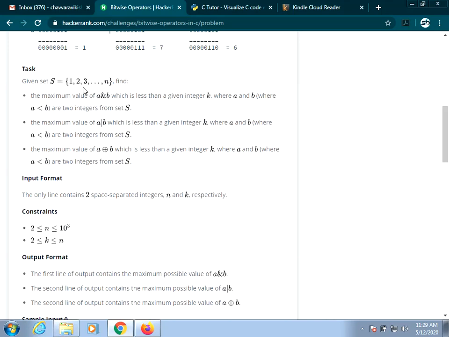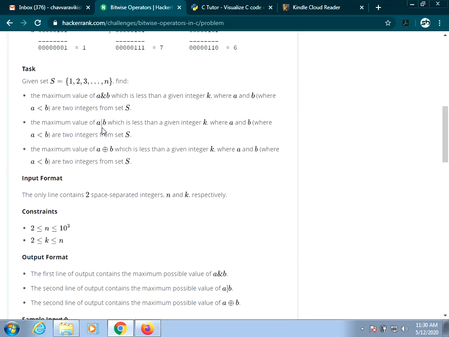You have to perform AND operation with each and every pair of values in the given set, and among those values, find the largest value less than a given integer k. That is, among those AND operation results, we have to find out which is the largest AND value which is less than this k. You have to find the largest value, but it shouldn't be k or more. It should not take the biggest value.